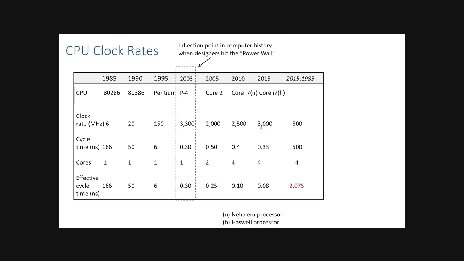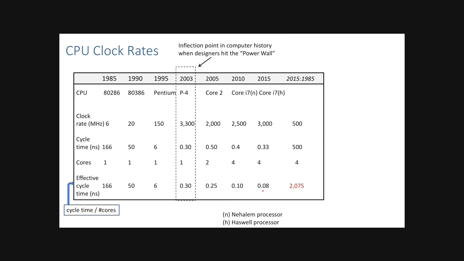And by 2015, they were able to increase the clock cycle a little bit and still make that effective time go down. And then this last column, or this effective cycle time, the cycle time over the number of cores